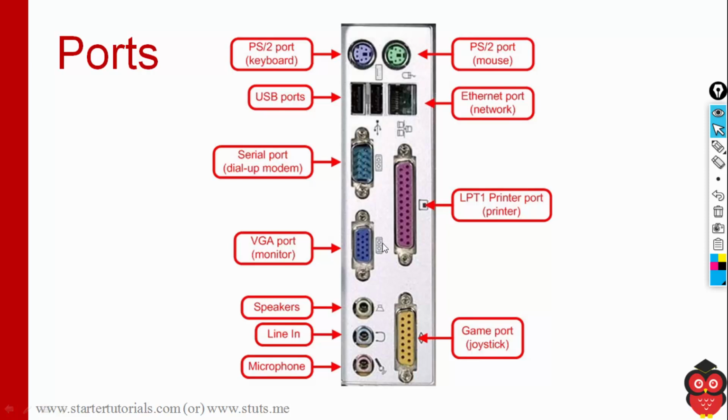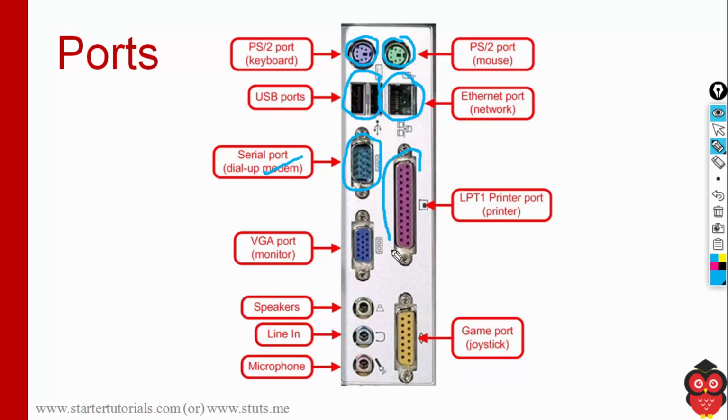That is about peripherals. Next we will look at different kinds of ports. Generally these ports come on the backside of the CPU cabinet. So these two are called PS2 ports, used to connect a keyboard or a mouse. And these two over here, these are USB ports. Generally we connect pen drives here. And this one is an Ethernet port or a LAN port which is used to access the internet. And this one over here, this is a serial port where we connect devices like modems, etc.